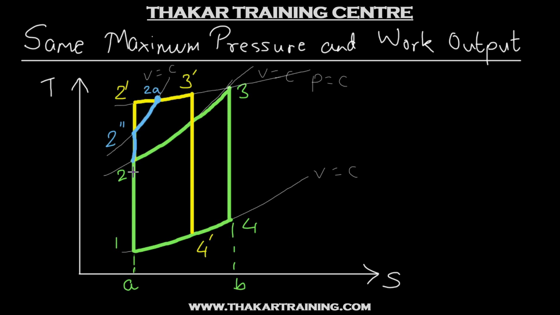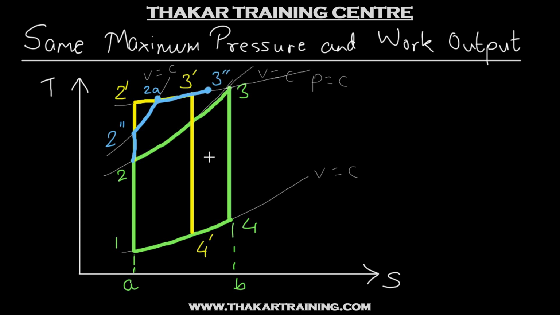Alright. So see, once again, what is happening is for same work output, the dual cycle is now having this much area less as compared to the diesel cycle. So its point will be shifted slightly to the right of diesel cycle, whereas it already has this much excess. So it is going to be above the Otto cycle. So for that reason, point 3 of dual cycle will be to the left of point 3 of Otto cycle. So point 3 you will end up somewhere over here, like this. This will be point 3 for dual cycle.